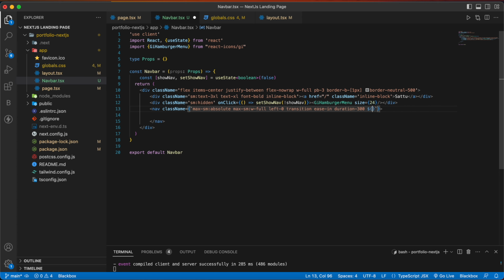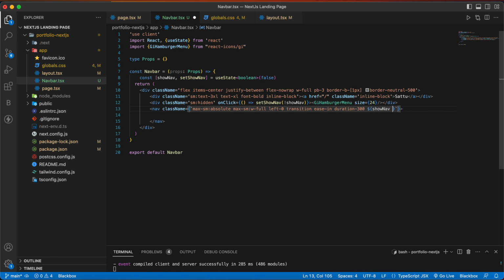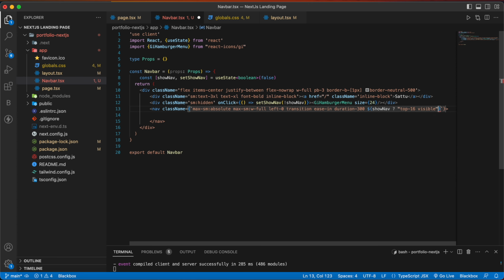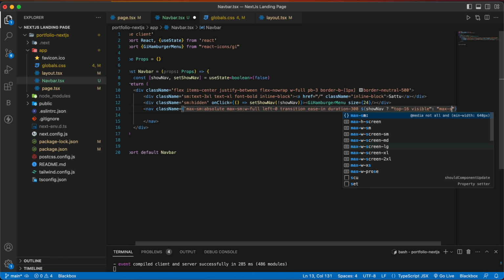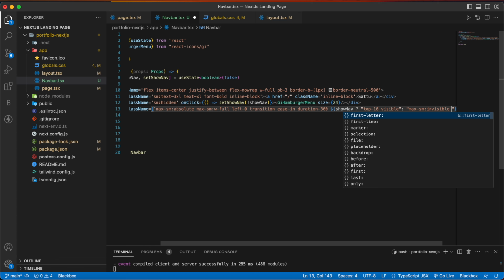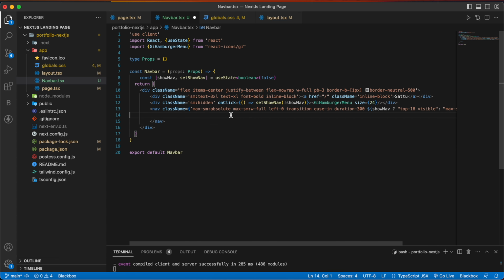Then we are going to use our ternary operator, show ? So if shown is true, then we are going to have top value of 16, and visibility will be visible. Otherwise, we will have max-sm:invisible, top will be 0. And inside this name,